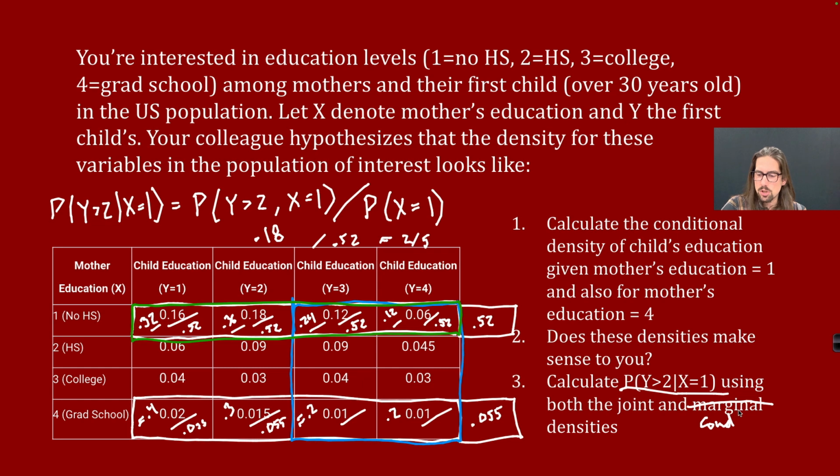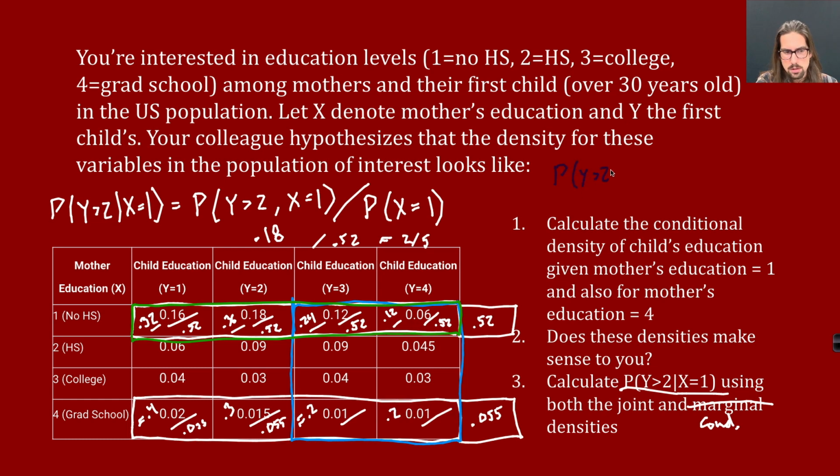I want to use the conditional density directly. So I already have the conditional density, which is this number and then this number. All I need to do from the conditional density to get the probability that y is greater than 2 is add up the conditional density at those values where y is greater than 2, right? So let's do that. The probability that y is greater than 2 given x equals 1, I can get from adding up the conditional density